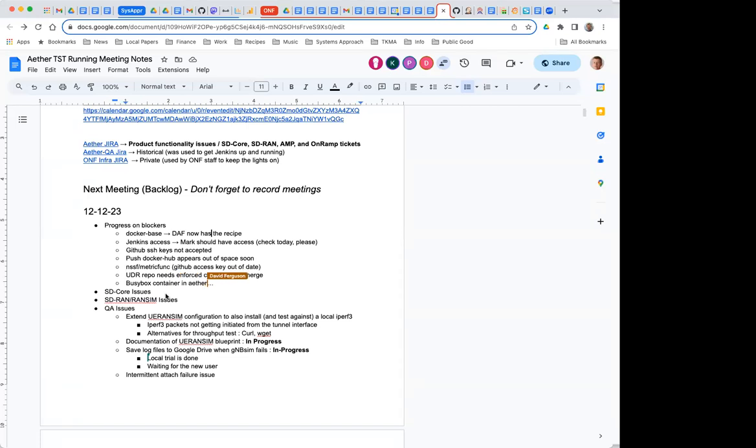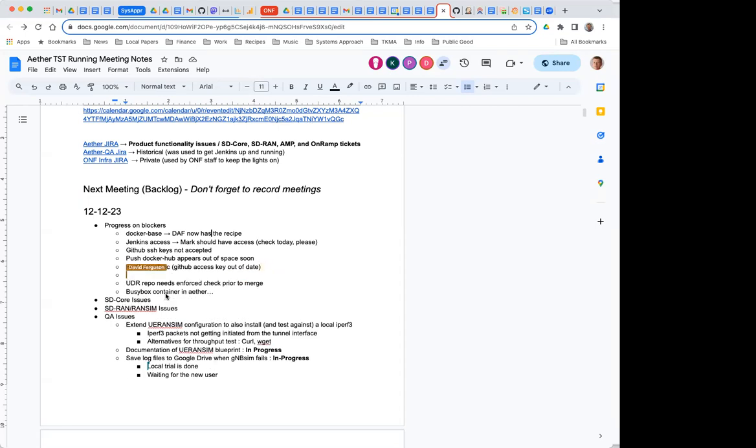I'm sorry, which one? The bullet about the NSSF and metrics fund, also the SCTP-LB repo. SCTP, yeah, without the dash. Okay. So the issue is the GitHub access key being out of date. That's Jenkins, the base functionality. I just haven't updated it. Okay, those three have that same issue.